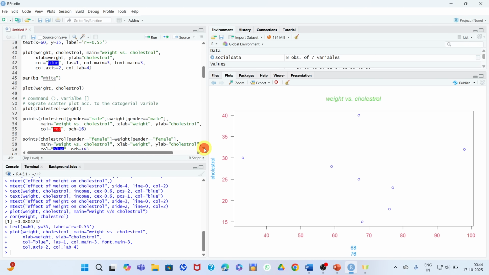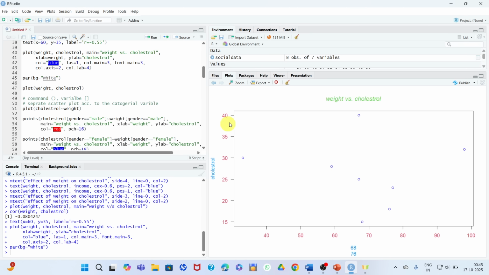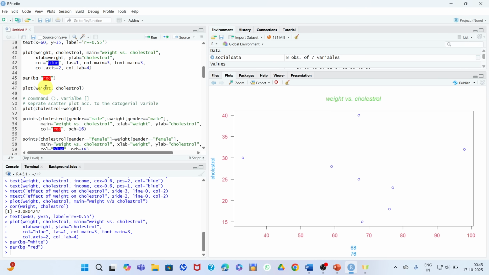Likewise, let's go to another command, par(bg = "white"). If you want to change the color of this plot, let's change it. It's already white, so let's change it to red.